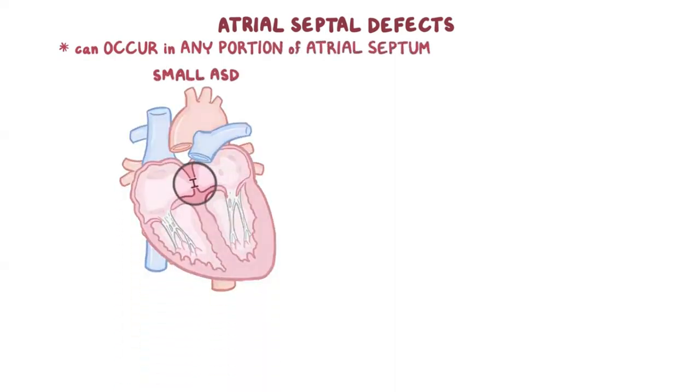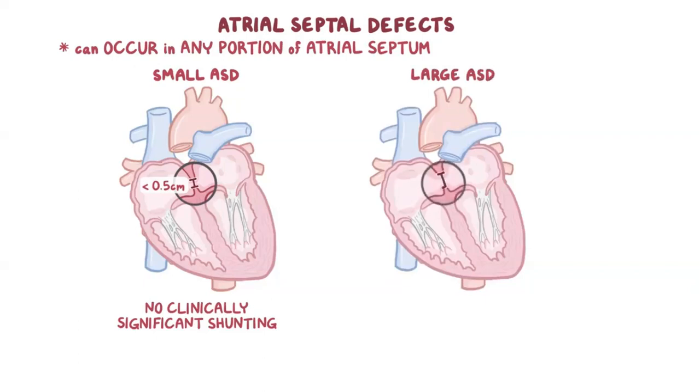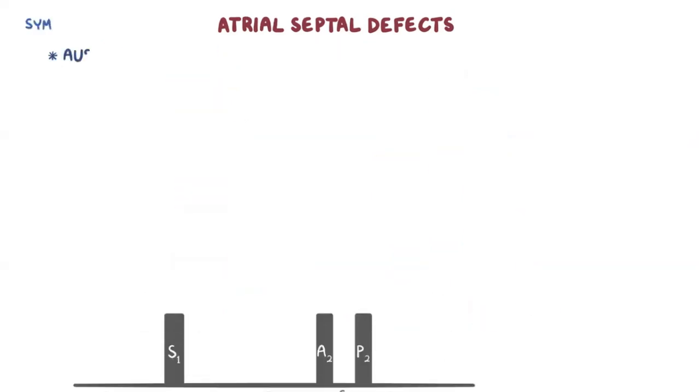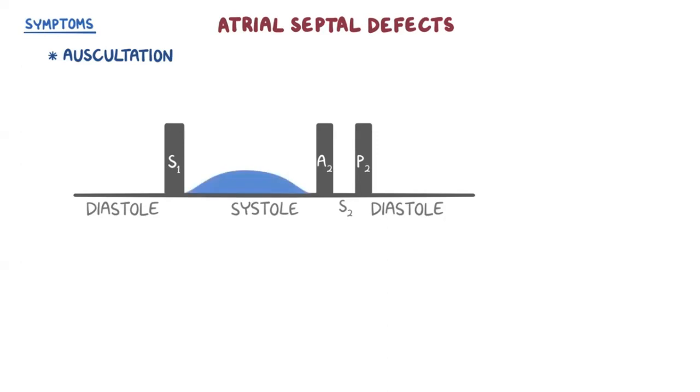Next, atrial septal defects can occur in any portion of the atrial septum. A small defect is less than 0.5 centimeters in diameter and is associated with no clinically significant shunting of the blood, whereas a sizable defect is usually larger than 2 centimeters in diameter and can associate a large shunt and substantial hemodynamic consequences. On auscultation, characteristic findings include mid-systolic pulmonary flow or ejection murmur accompanied by a wide split second